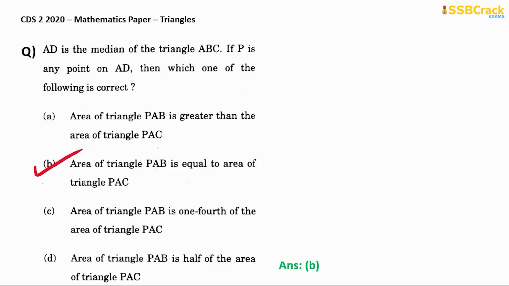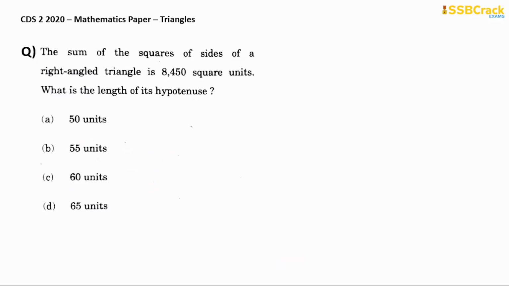Alright, so this was a simple question based on the important theorem. That fact gave you the relation between the other two triangles formed, where we got the smaller portions of the median in the particular triangle, out of which these were the triangles PAB and PAC, right? So option B is the right choice. Alright, now coming to the next question, and here we have